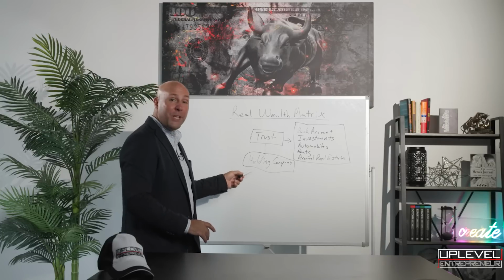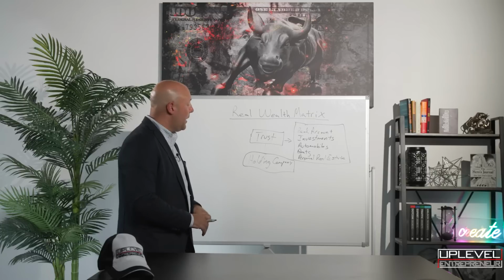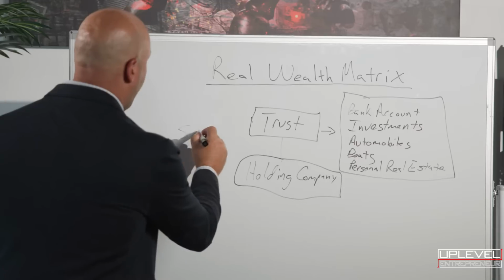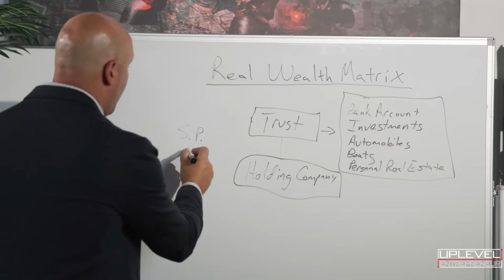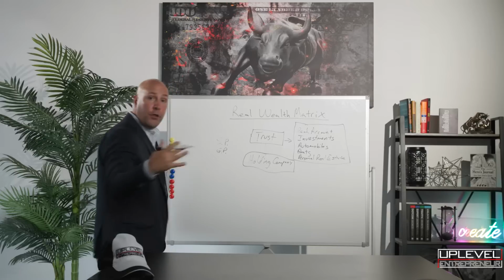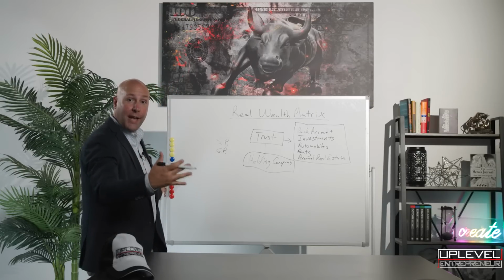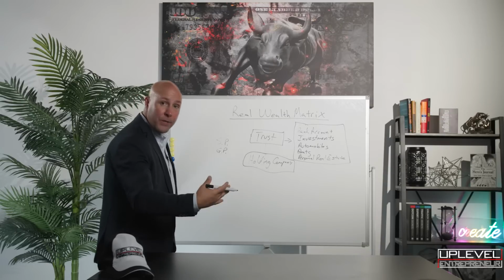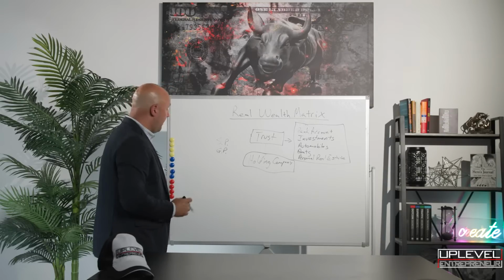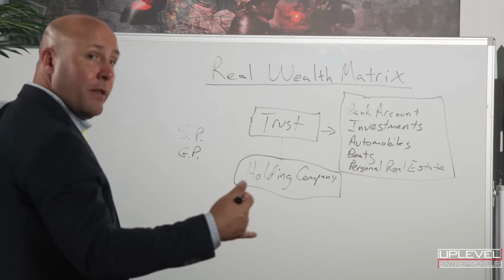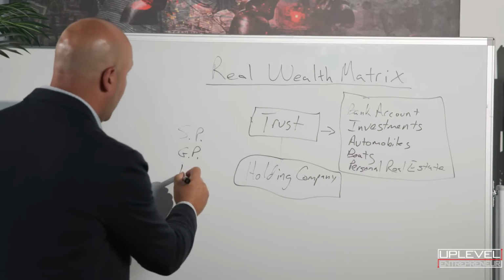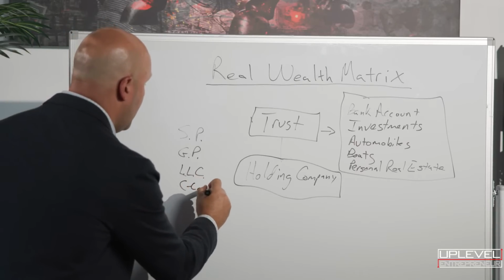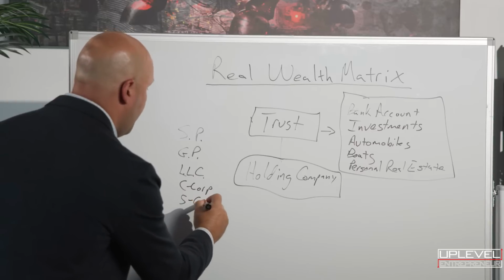So what type of business entity do you select to be your holding company? Now, there are a variety of ways to actually set up a business. You can set it up as a sole proprietorship. You can set it up as a general partnership, meaning you and another individual or a series of other individuals get together to form a business, but you don't actually operate it under a legal business structure. You're just operating it under a partnership environment. You can use structures that state law has created, things like limited liability companies, C corporations, S corporations.